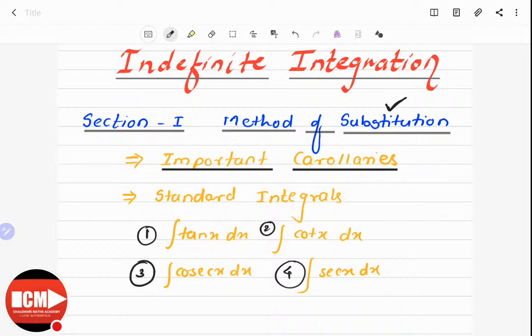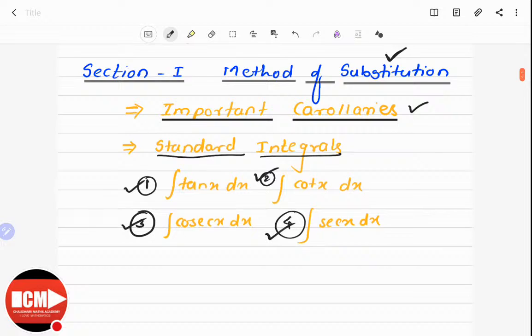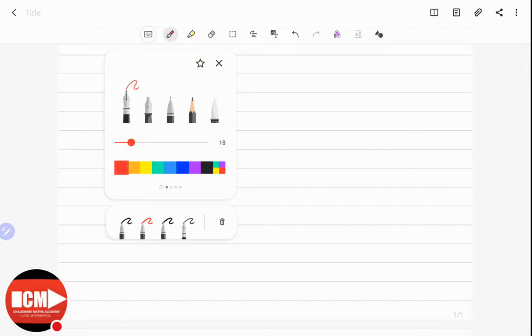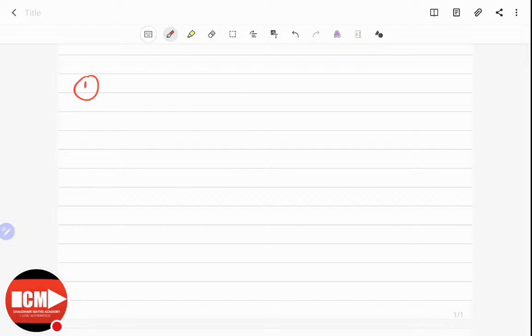So we discussed everything about substitution in my previous lecture, and in this live session I'm going to discuss a few important corollaries on substitution, and along with that we will derive these four standard results: integration of tan x, integration of cot x, integration of cosec x, and integration of sec x. So let's start today's session with an important corollary. The first one in the list is, so please write down, this first important corollary is integration of